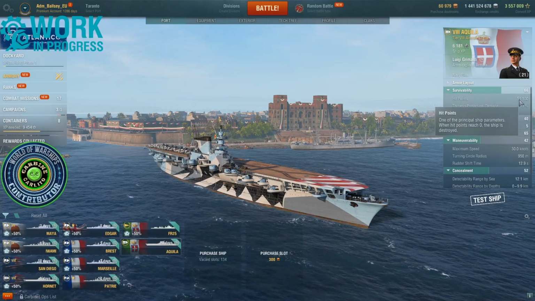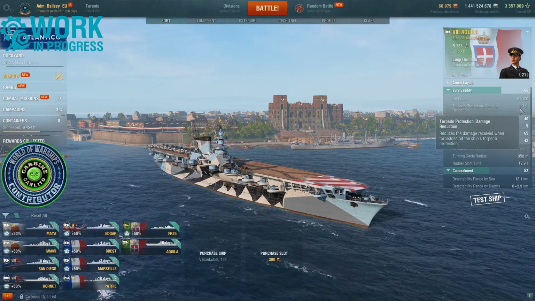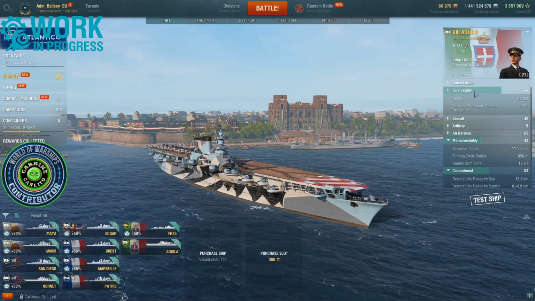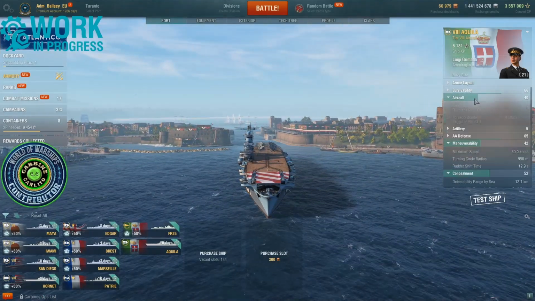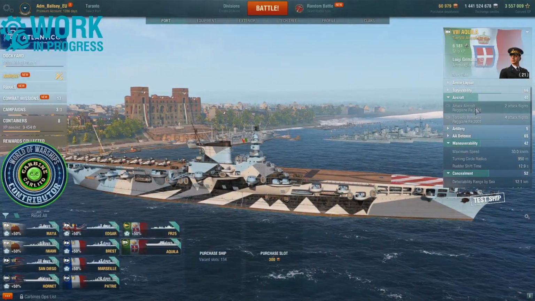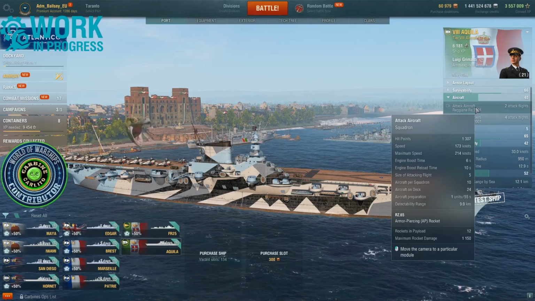Survivability, 51,100 hit points, 13% torpedo protection damage reduction. So most important when it comes to aircraft, the Aquila gets 2 swords, armor piercing,